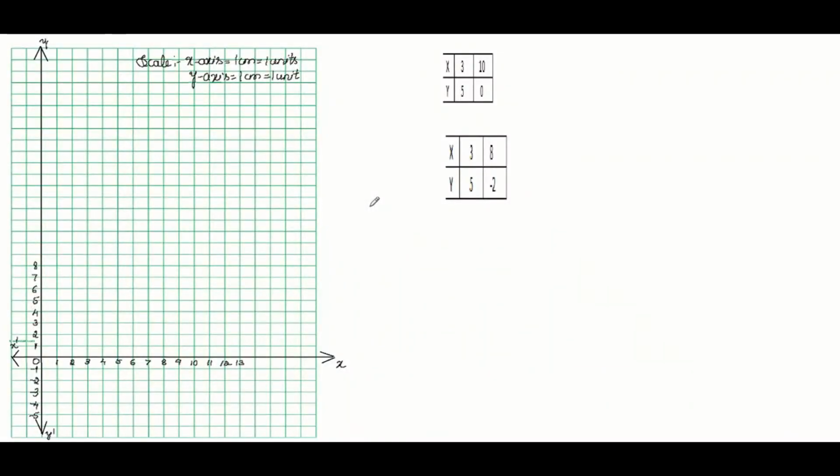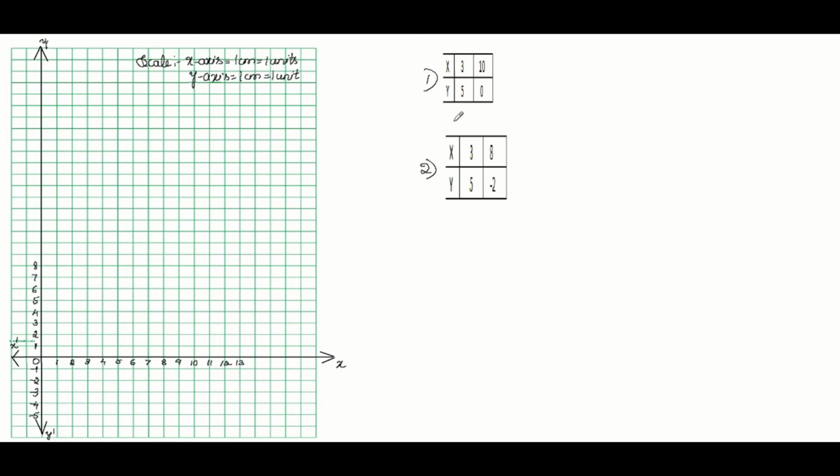The second graphical representation is, the 2 points are already written here. This is the first collection of points and this is the second collection of points. Okay. The maximum number in x-axis is 10. Okay. So I have taken 1 centimeter difference, I have taken 1 unit apart, up to 13. And in y-axis, the maximum at positive y-axis is 5. That also I have taken 1 unit apart. And for negative y-axis, it is minus 2. So I have taken 1 centimeter apart in negative y-axis also.